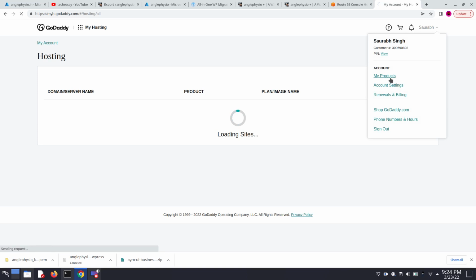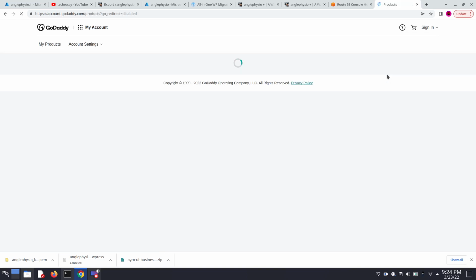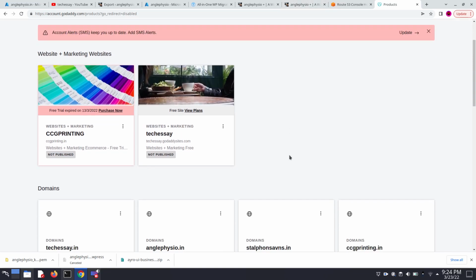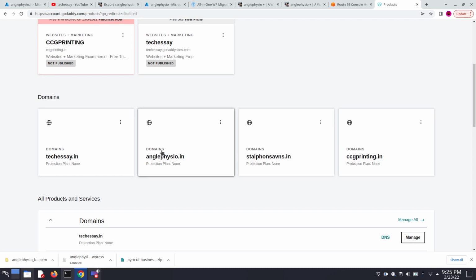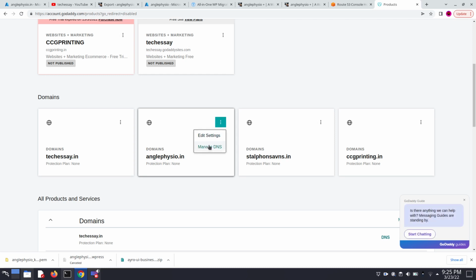Go into my products section. And simply click on your website. So this is the domain which I want to migrate here. So click on manage DNS,